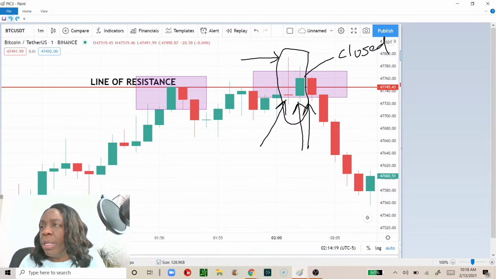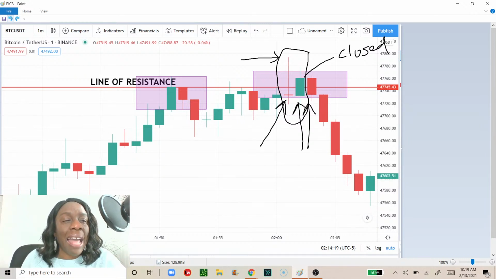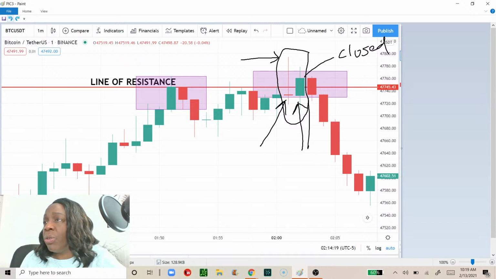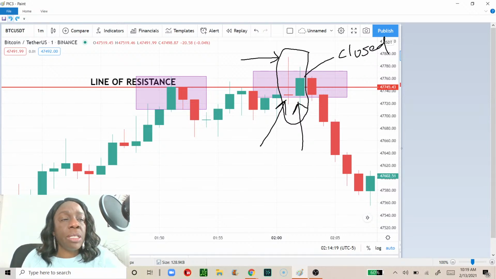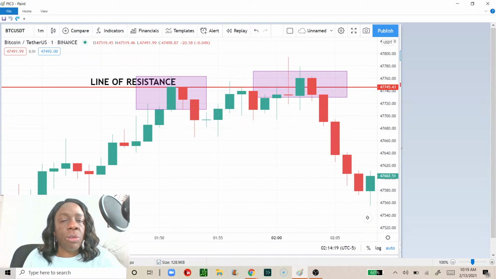So what Rinret is saying is, should she place a sell order at resistance? When we're dealing with sell orders, you usually want to place your sell order not at resistance. I don't know whether to call you Rinret or Nina. You don't want to place your sell order at resistance. You want to place your sell order before resistance. And why do I say before resistance? I say before resistance because the resistance is a ceiling. And if we look, I'm getting ready to draw some more on here.